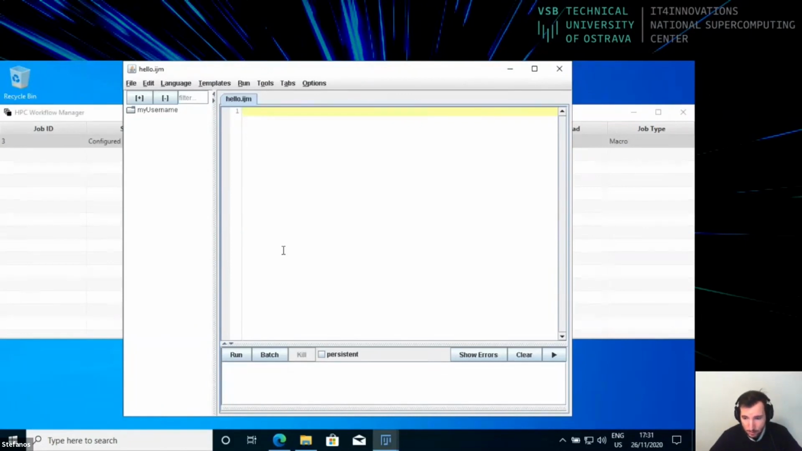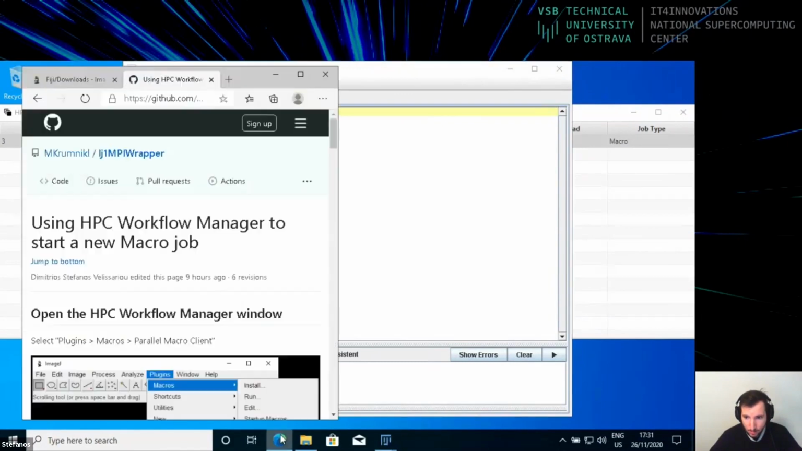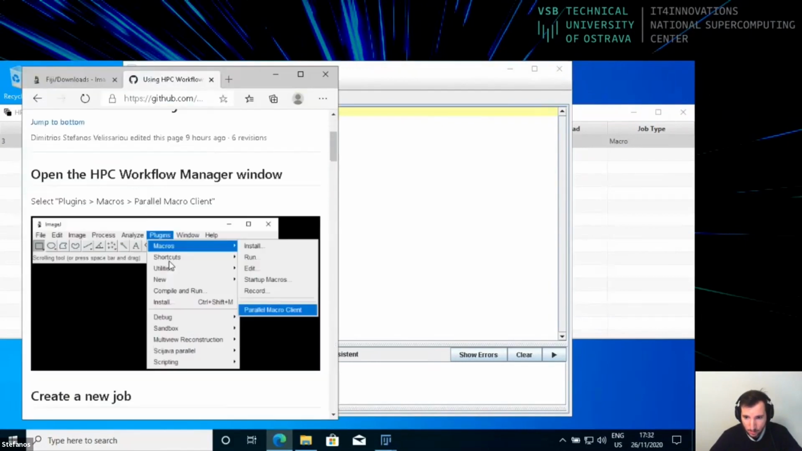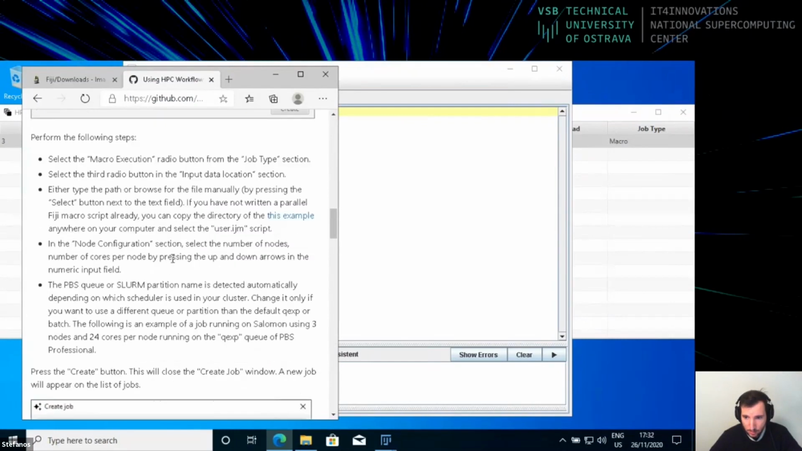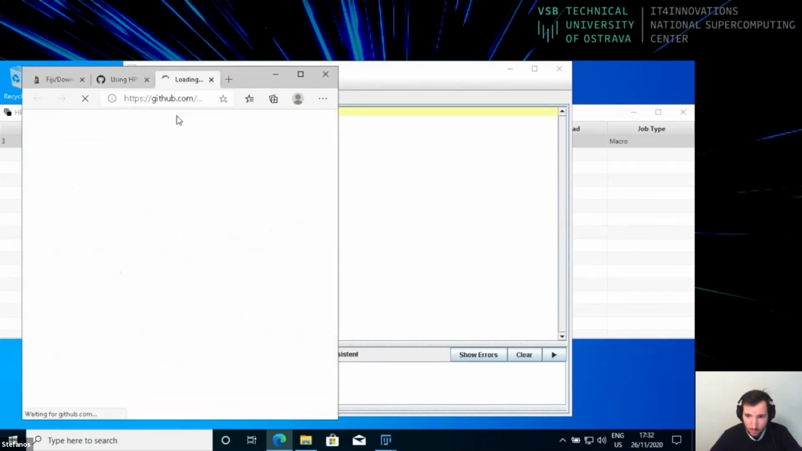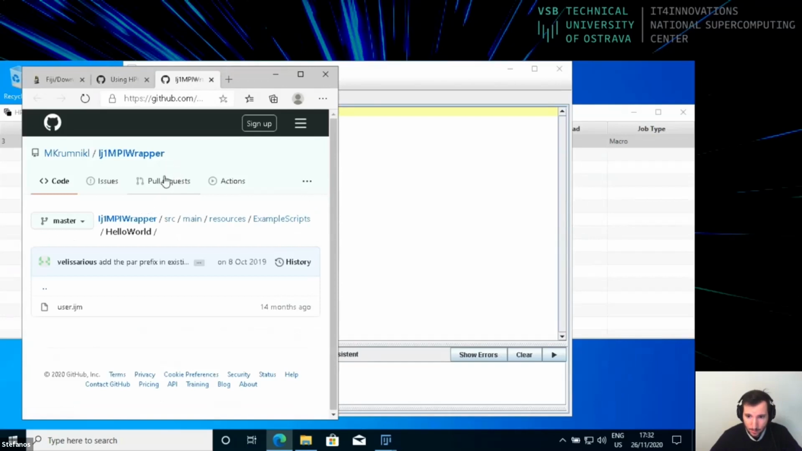now you need to search or scroll down in the worksheet until you find this link here called this example. Since you do not have a macro that is parallelized, we provide you with this example here. So click on this, and you will see in this page this user.ijm. Click on it,